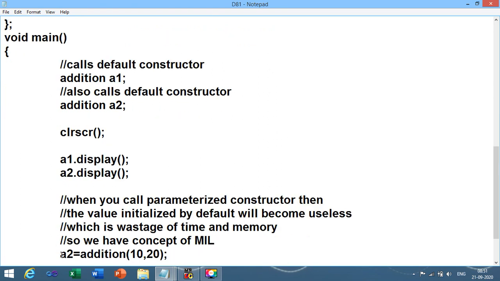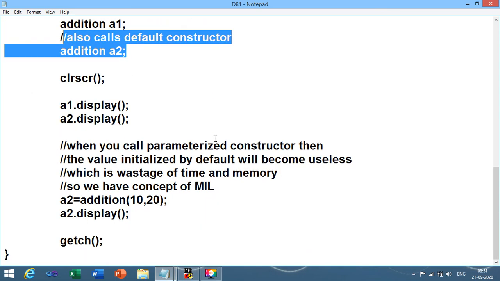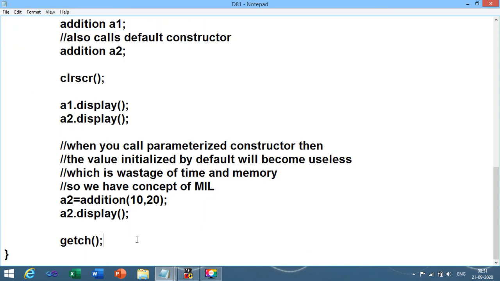So to avoid such kind of problem, when you want to call the parameterized constructor, you can use the concept of MIL, because the value which has been initialized by the default constructor becomes useless, or we can say it is a wastage of time and memory. You need to write the output of all these programs into your journal.